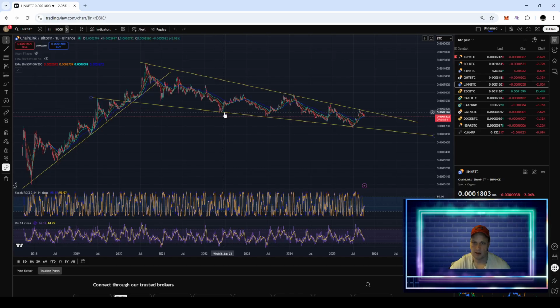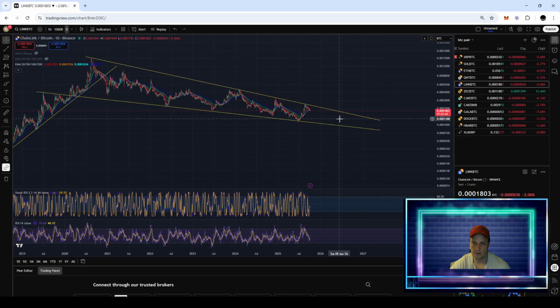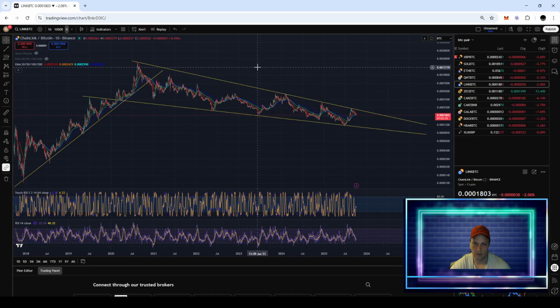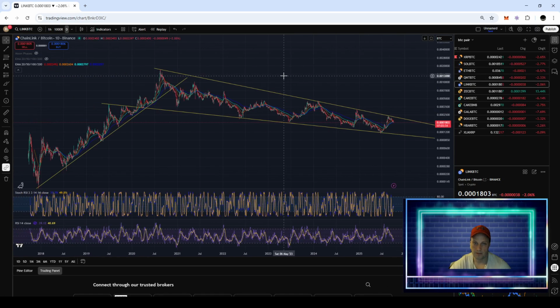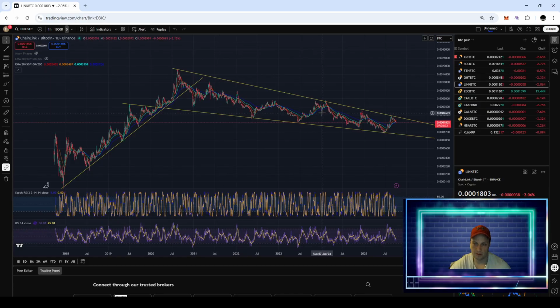As you can see here, it's also the downtrend. It starts to touch this. Yeah, could see further consolidation here, of course. But at some point, we're going to break to the upside, in my opinion. And as you can see on the high time frame, this takes a long time to actually play out. But even if you're, let's say, a Chainlink holder and you just want to make more Chainlink,